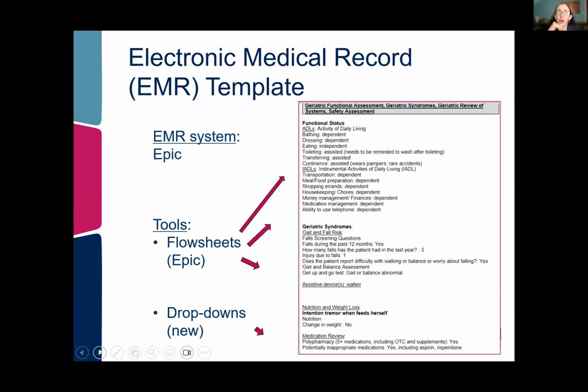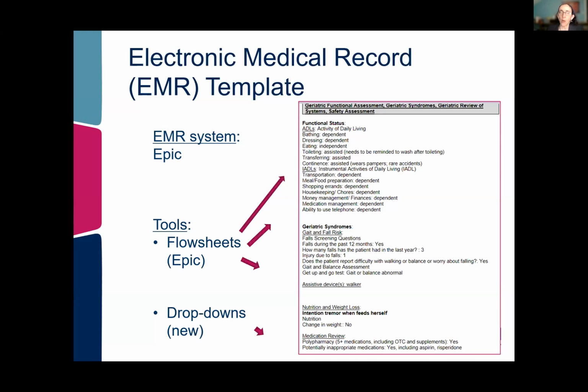One of the other strategies for operationalizing is using the electronic medical record to support our efforts. So at our system, we have EPIC as our electronic medical record system, and we've developed a template that we use for these visits for comprehensive geriatric assessment of older adults with cognitive concerns. You can see in the middle of the screen, the tools. I list flow sheets first. The flow sheets in EPIC are an off-the-shelf, out-of-the-box feature that EPIC has for documentation of certain things. So we use the flow sheets for functional status assessment and documentation for falls risk,